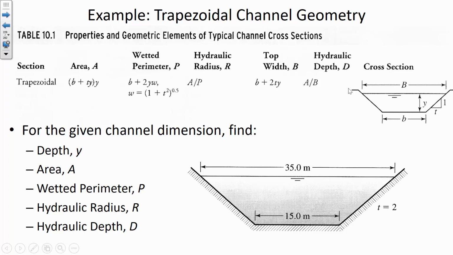Since it's trapezoidal on both sides, that means that capital B, the top width, is lowercase b, the bottom width, plus 2 times the distance that we calculate on the top of that side triangle. So let's go through this. What would be the depth, the area, wetted perimeter, and